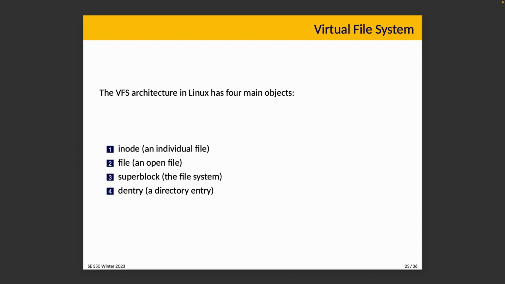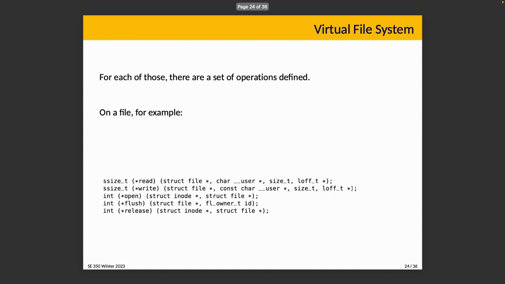It has an inode, which represents an individual file, a file, which represents a file that is open right now, a superblock, which refers to a file system, and then a dentry for directory entry. For each of those, there's a set of operations defined, and we're not going to get too bogged down in the details here, but for a file, we have read, write, open, flush, release, those kinds of things,